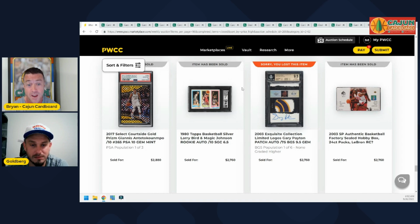And I was like, they're all Hall of Famers. This is one of the greatest modern cards in existence. 2003 Exquisite limited logos is just absolutely flat out fantastic. That's beautiful. His Lakers jersey too, right? It is his Lakers jersey. It looks like, but